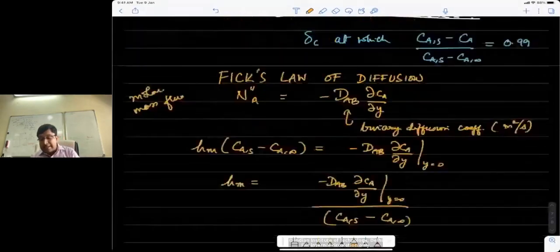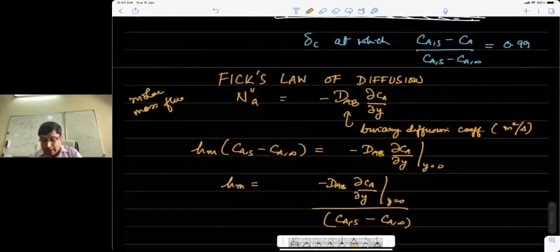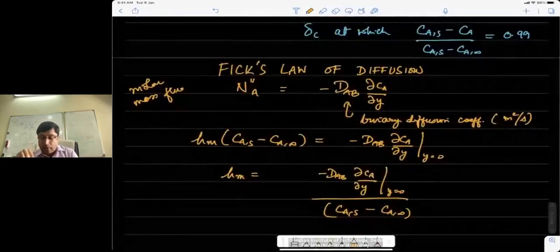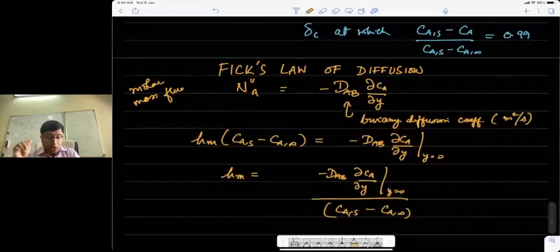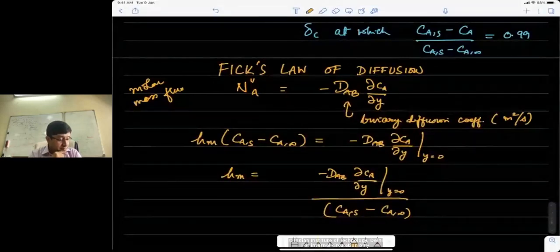All these things that I said about the thermal boundary layer would also be applicable here now in the concentration boundary layer. That delta C will increase with x, right? The local heat transfer coefficient, or rather the local mass transfer coefficient, will decrease with x, and so will the local molar mass flux decrease with distance along the surface.